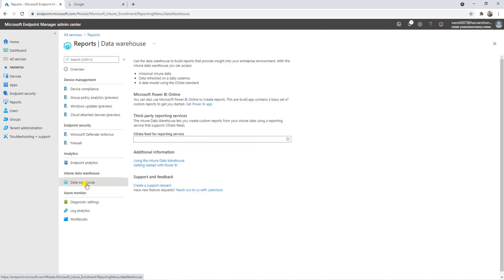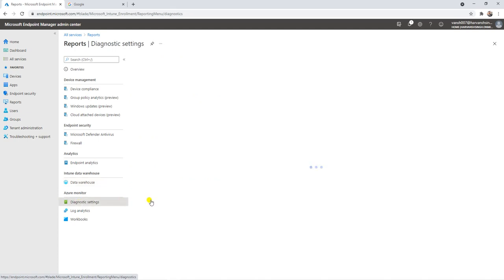Then this is the data warehouse. If you want to add your data warehouse, or you want to integrate with Power BI, you can enable this feature in the Intune data warehouse. If you want to monitor Azure, you can connect with the Azure diagnostic setting.